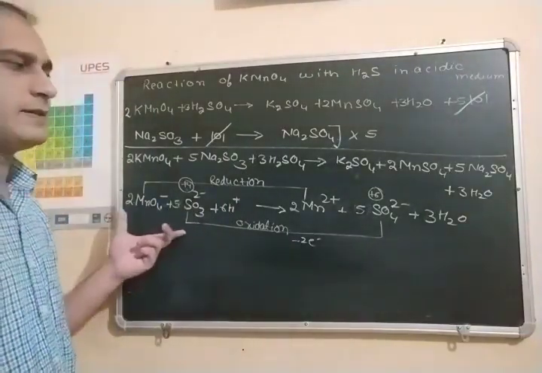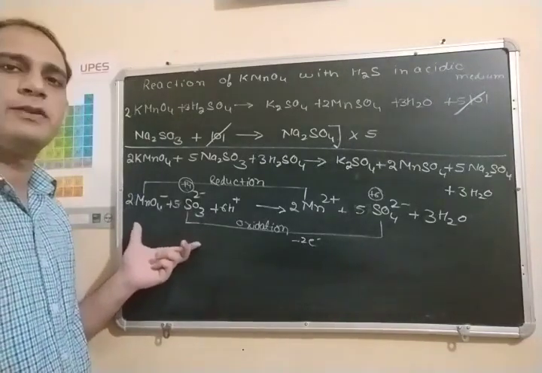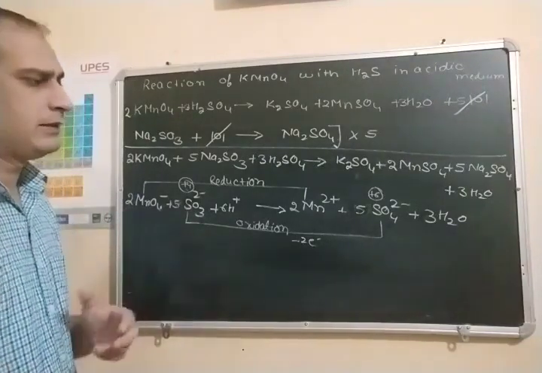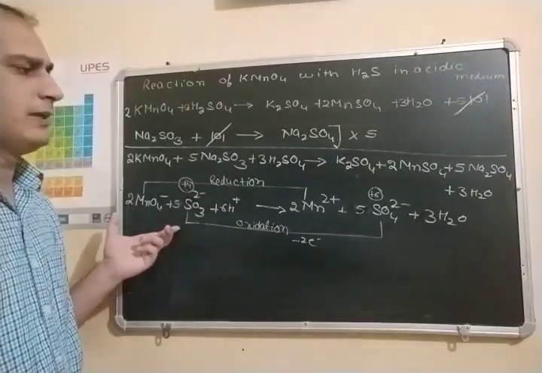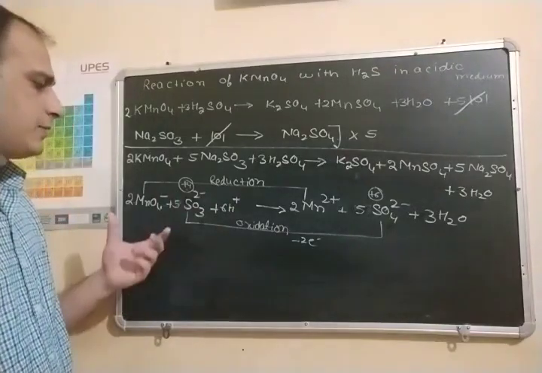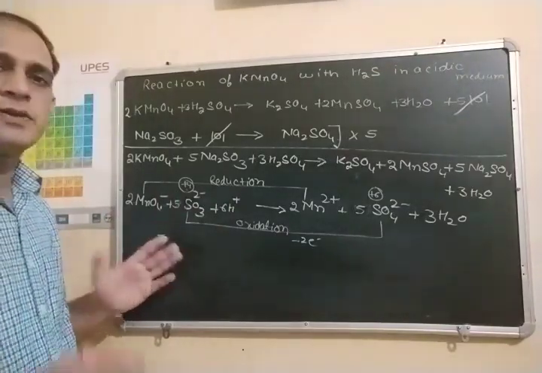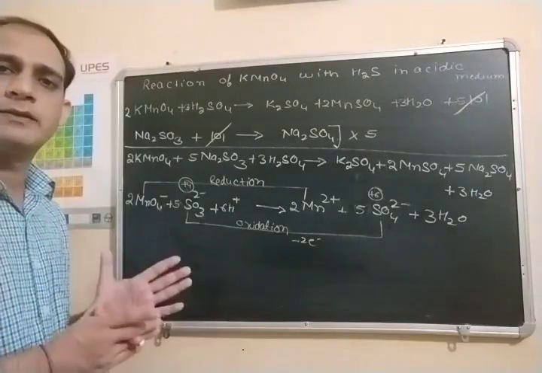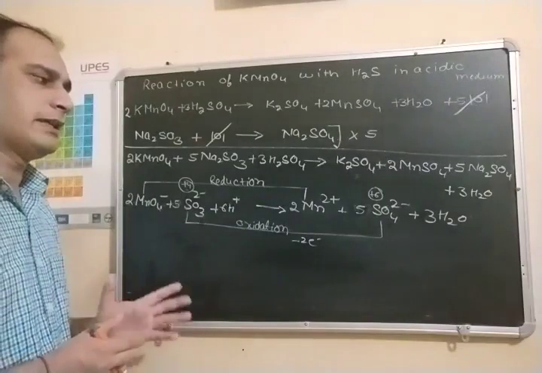So in a single step you can balance this type of equations, and you will definitely face such kind of question in your final exams. So many times students face such kind of questions, and you have to balance the ionic equation, either 1 or 2 marks question. So you can balance the ionic equation by counting the number of electrons, how many electrons have been lost and how many electrons have been gained. So on the basis of this you can balance the ionic equation easily.